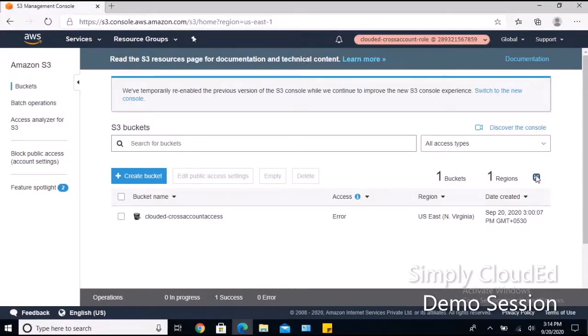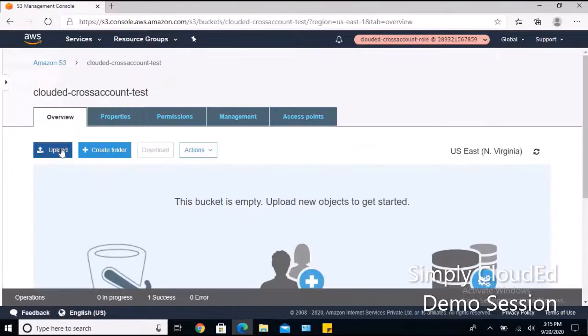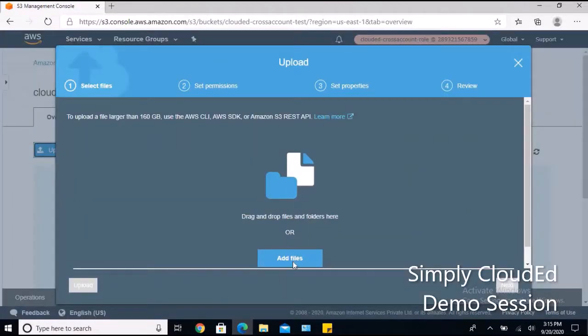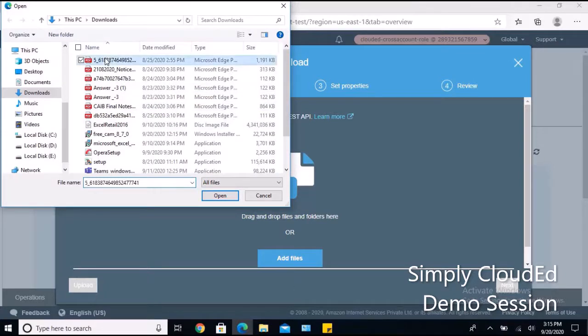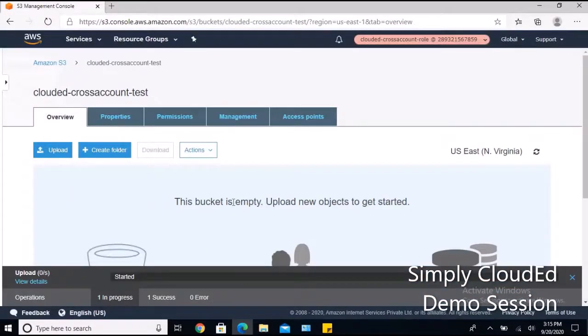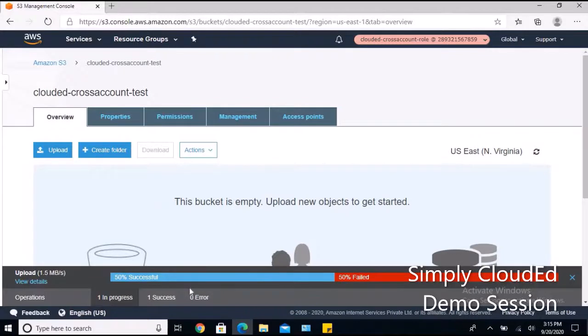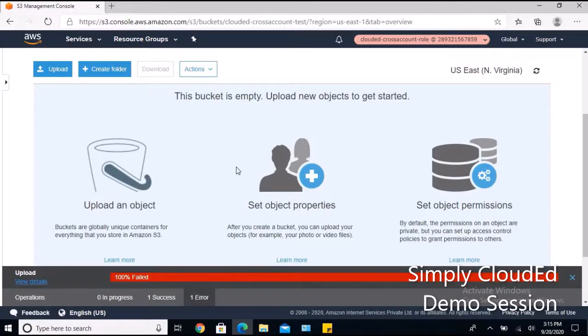Okay, so I create this other bucket. I see that as per the policy I can list, because this user is allowed to list all the buckets as per the policy. But under this option, if I upload this file again, as per the policy it should not allow, because I restricted it to only the particular bucket. So it should show the error that I am not allowed to, right? So you can see that I am getting the error, it has failed.